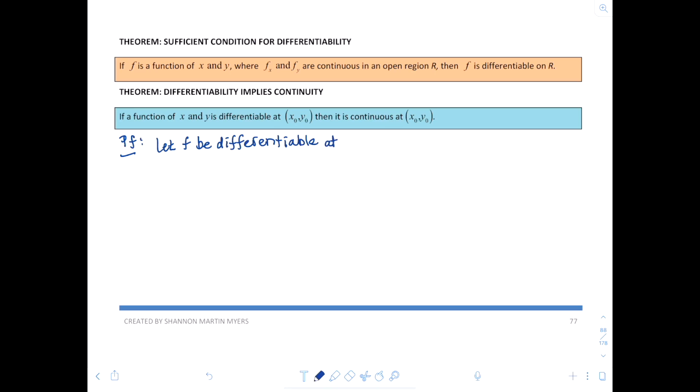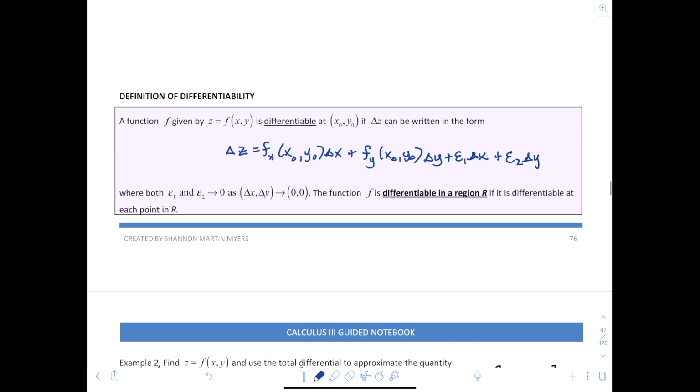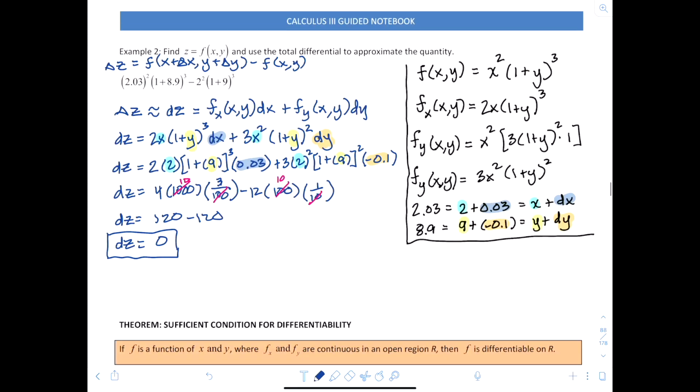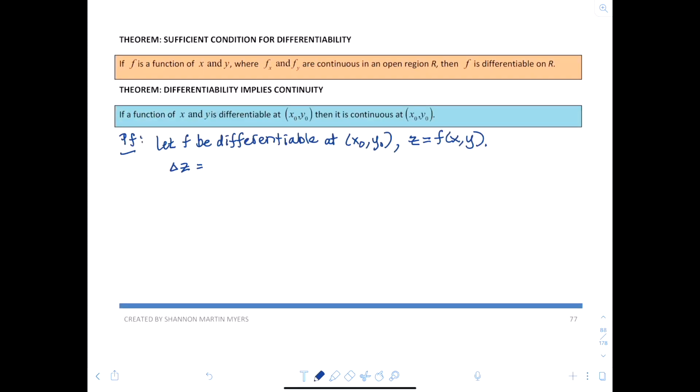At x0, y0. And we're going to have z equal to f of x and y. Cool so far? So if that's true, then what do we have? We have delta z is equal to what? Because f is differentiable, right? So the definition of differentiability, we're going to use right here in our proof. So what that means is that delta z would be equal to